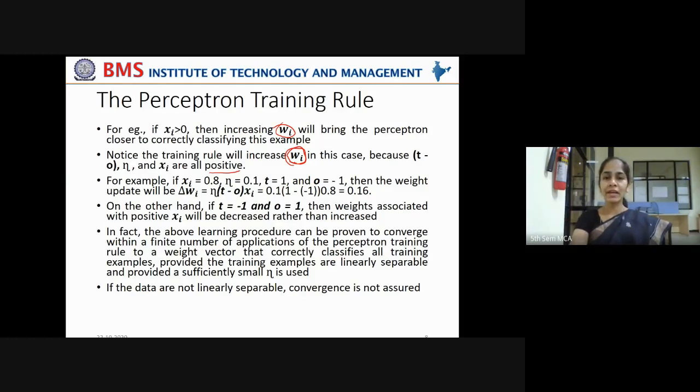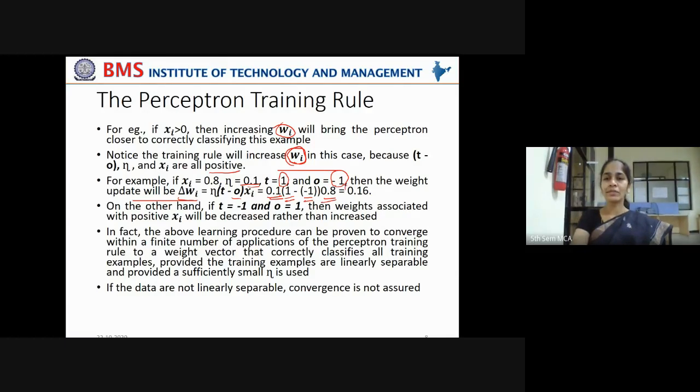For example, if xi is equal to 0.8, you have taken the input value as 0.8 and nu, the learning rate, is 0.1. The training example output is 1 and the predicted output is -1. Then what should be the weight update? Delta Wi. You take the nu value 0.1. T, the original training example's outcome, is +1 and the output is -1 and the input variable value is 0.8.